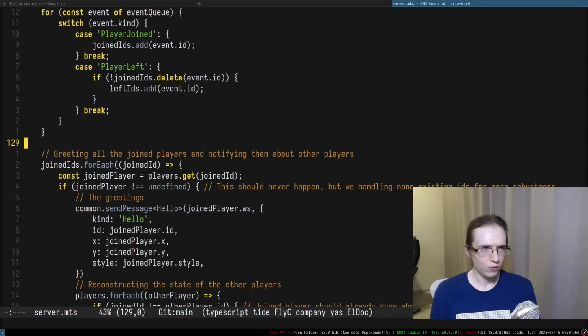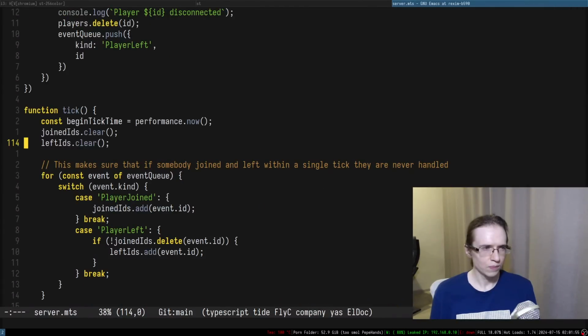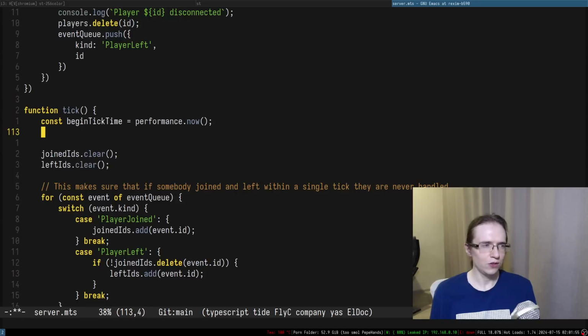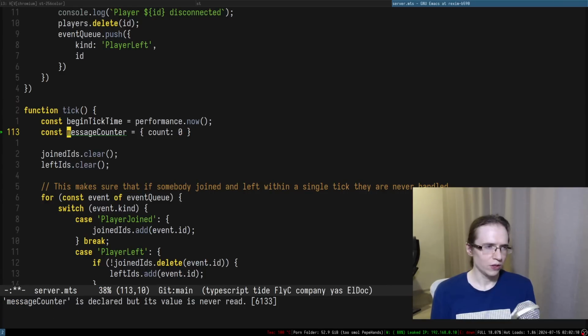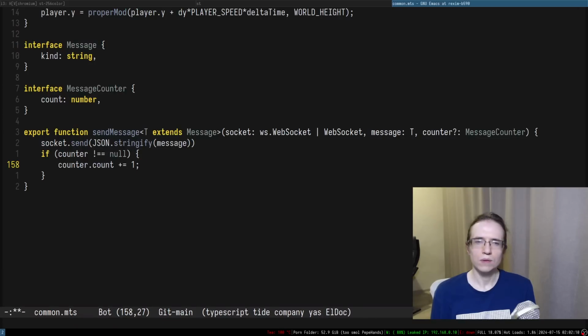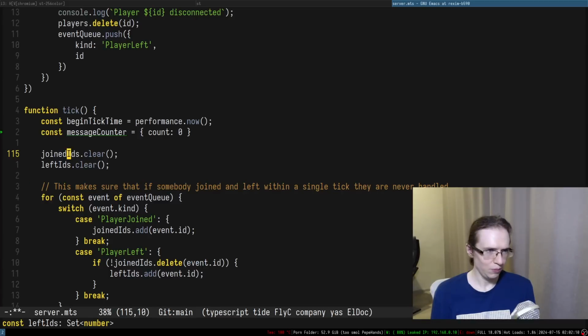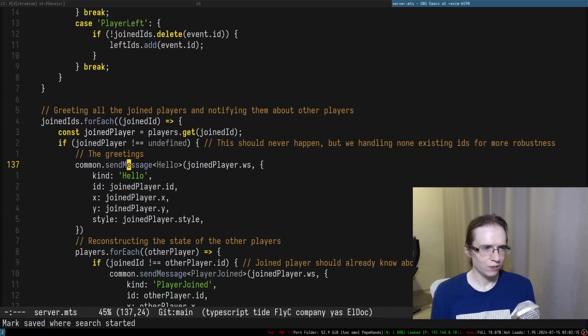So now, here we have begin tick time, and then we can do something like message counter, which is going to be count 0, right? It's a very long name, but maybe let's call it count. Well, whatever. Send message,